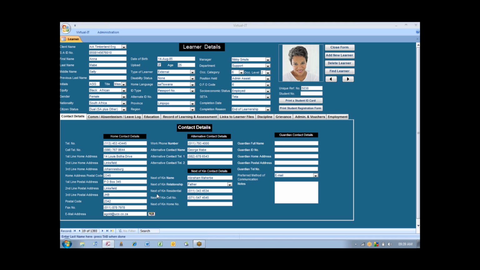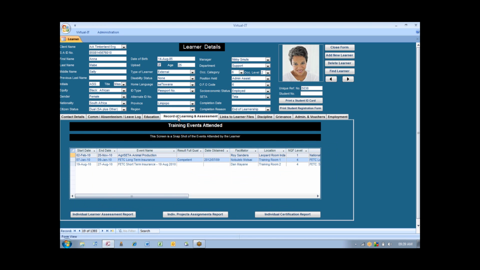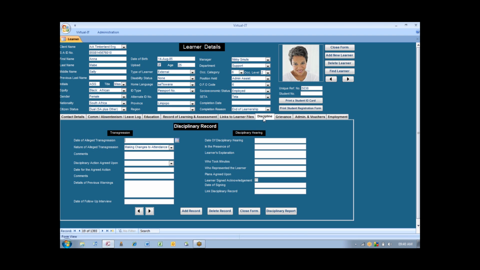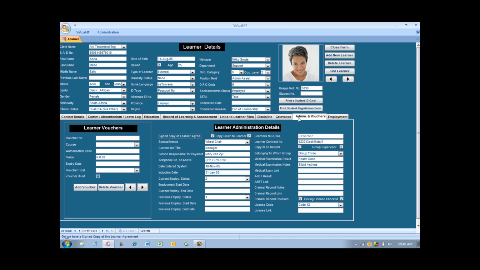There's a place for contact details for the learner, absenteeism records, a communication log, education, regular learning assessment where you can have a snapshot of the events attended by the learner and individual learner assessment reports. We can link to learner files such as ID books or copies of certificates, etc. We have a section for discipline and grievance reports, an admin section where you can record learner vouchers from CETAs that give out these vouchers, and a learner admin section that tells you such things as the learner's special needs,